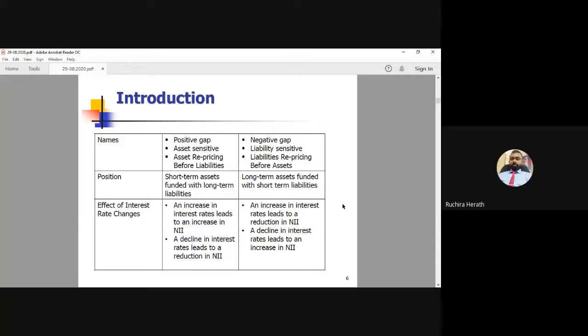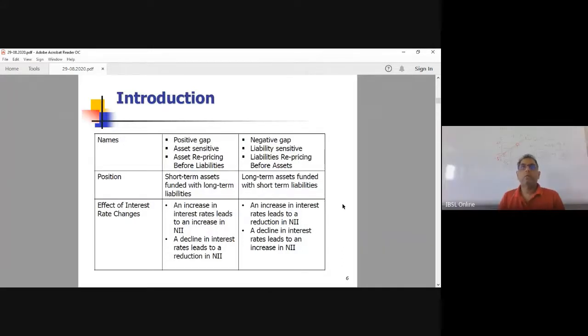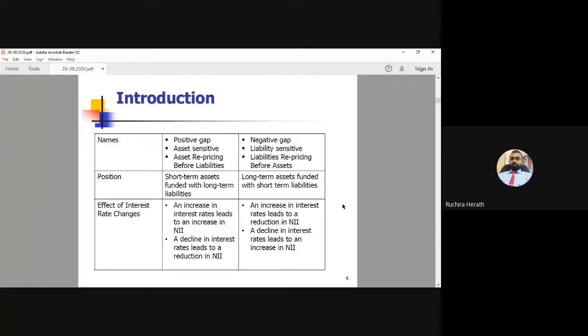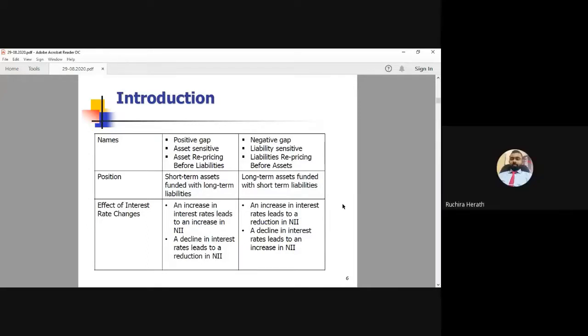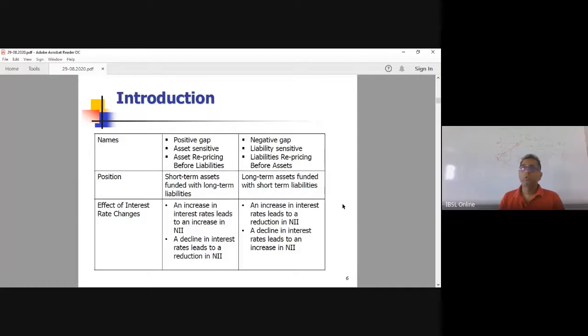But again, it says negative gap means lend long term, but borrow short term. Yes, so more long-term assets, in the sense of lending long term. Correct. That's exactly it. So that's why I asked about assets. Basically, the concept has to be clear. An asset is a loan. So when you lend out long-term assets, it means you're creating more long-term